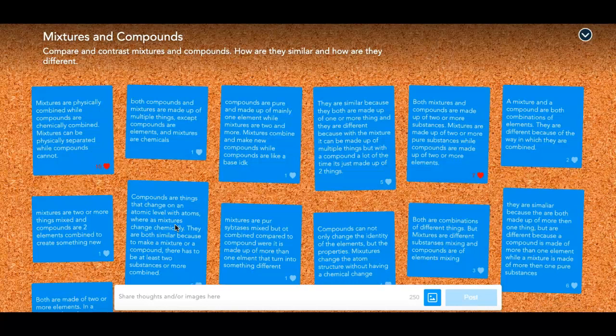Both are combinations of different things, but mixtures are different substances mixing and compounds are elements mixing. Okay? A mixture and a compound both have combinations of elements. They are different because of the way in which they are combined. Absolutely. The way in which they're combined is